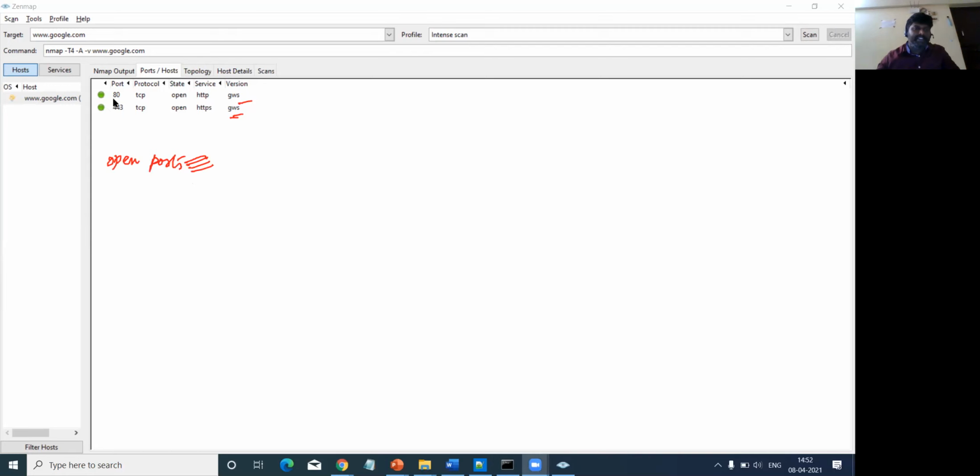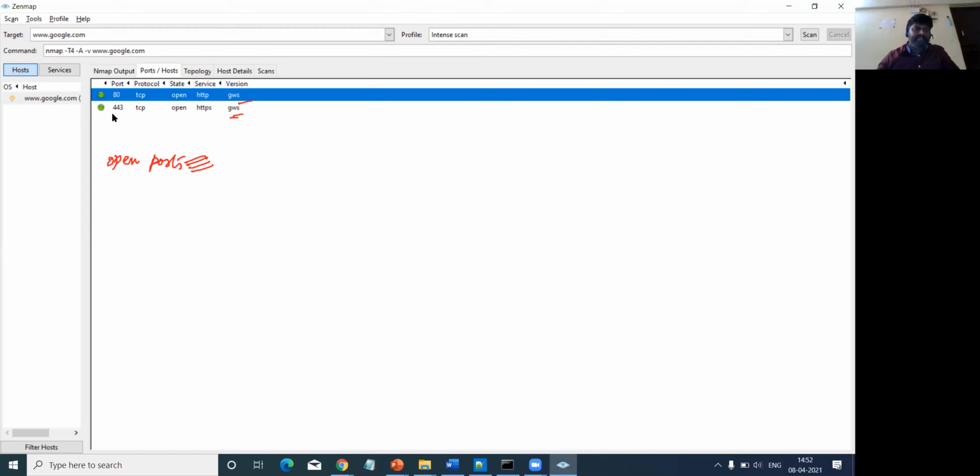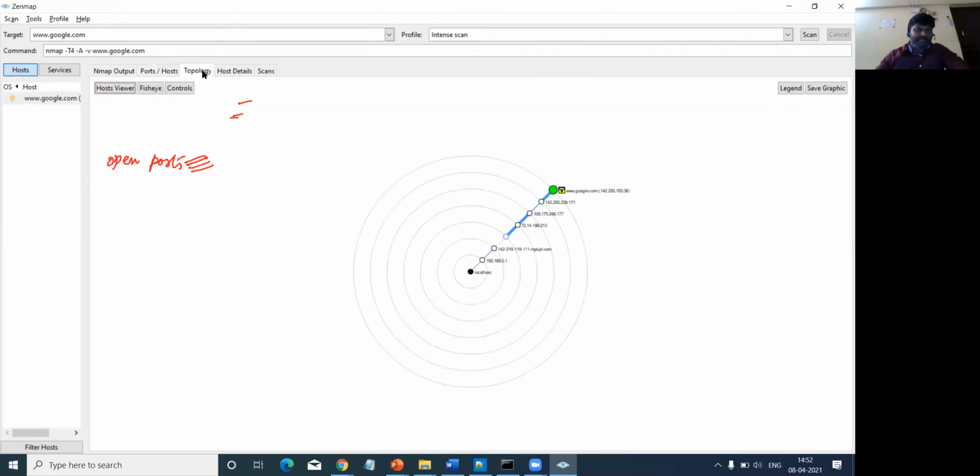So here this is port number 80, which is for web. And this is port number 443, based on the TCP protocol, which is open, which is for HTTPS, secure hypertext transfer protocol, right?